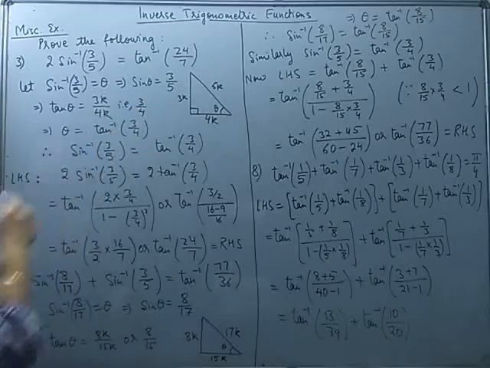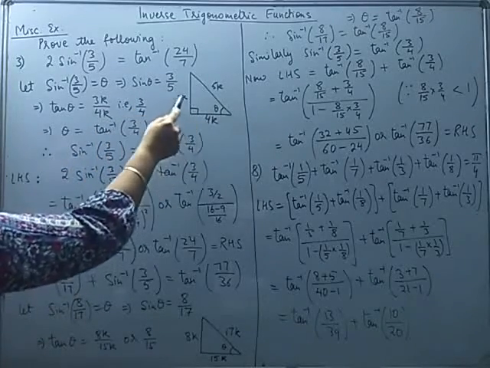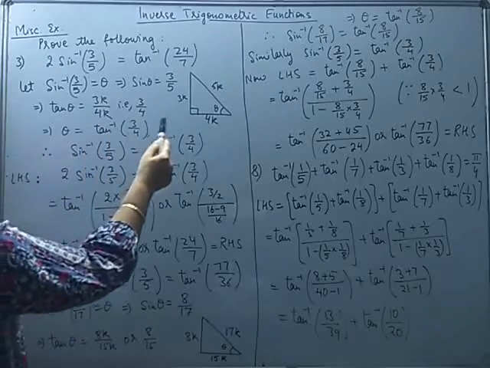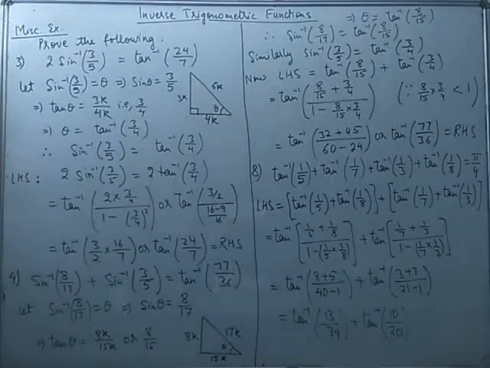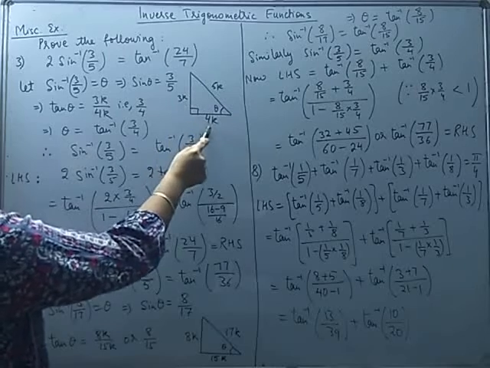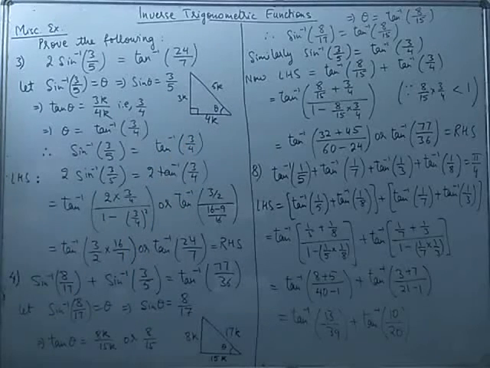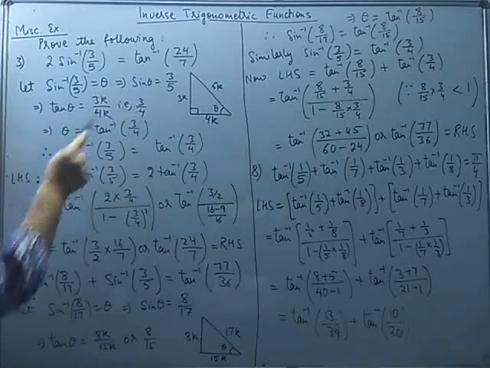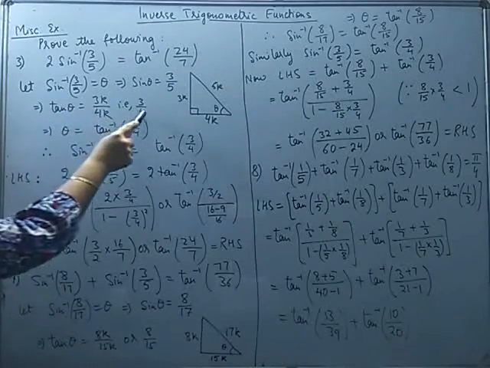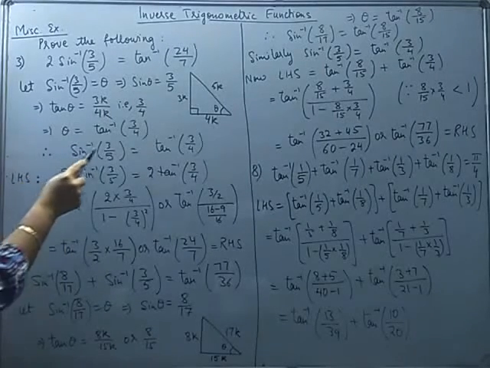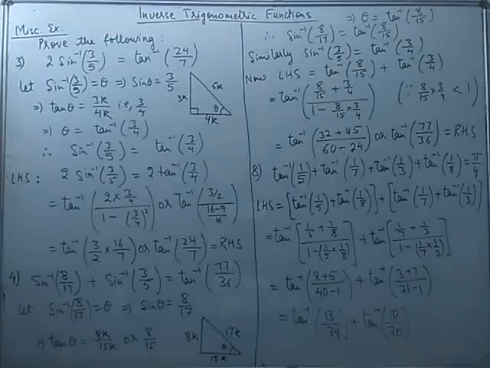So when we say sine theta is 3 over 5, assuming theta to be an acute angle, the ratio of the length of the altitude and the hypotenuse is 3 over 5. If I assume altitude is 3 times k and hypotenuse 5 times k, then applying Pythagoras theorem, the base comes out to be 4 times k. Now using this, we can find the ratio tan theta. It will be 3k over 4k, that means 3 over 4. So once tan theta is 3 over 4, theta can be written as tan inverse 3 by 4. That means sine inverse 3 by 5 can now be written as tan inverse 3 by 4.